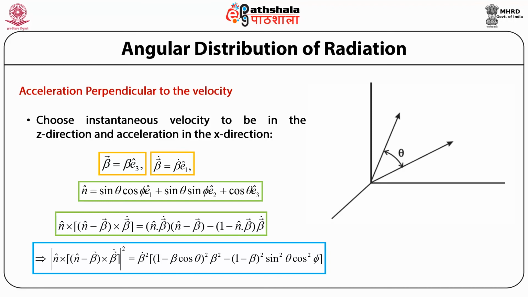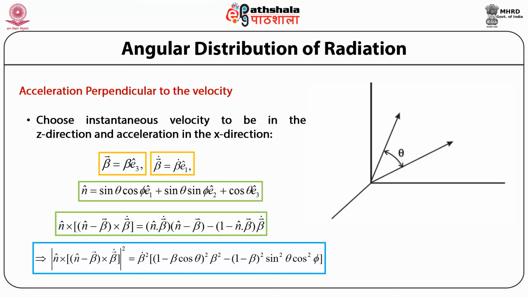n cap equals sin theta cos phi e1 cap plus sin theta sin phi e2 cap plus cos theta e3 cap. The various vectors and scalar products can now be worked out, and we have n cap cross bracket n cap minus beta cross beta dot bracket close equals n cap dot beta into n cap minus beta minus 1 minus n cap dot beta into beta dot, which implies that mod of n cap cross bracket n